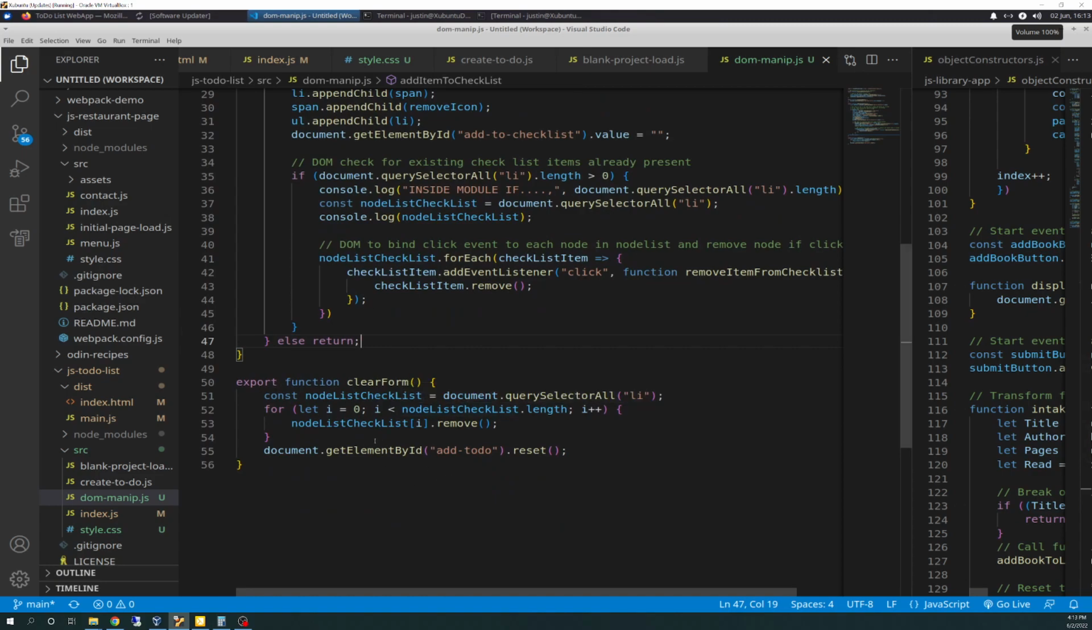And then we have the last one, export function clearForm, and that's just what it sounds like. So we're creating a constant nodeList checklist again, just like before, similar to up here anyway. It takes on document.querySelectorAll li, and then I am running a for loop through it, and instead of a forEach,